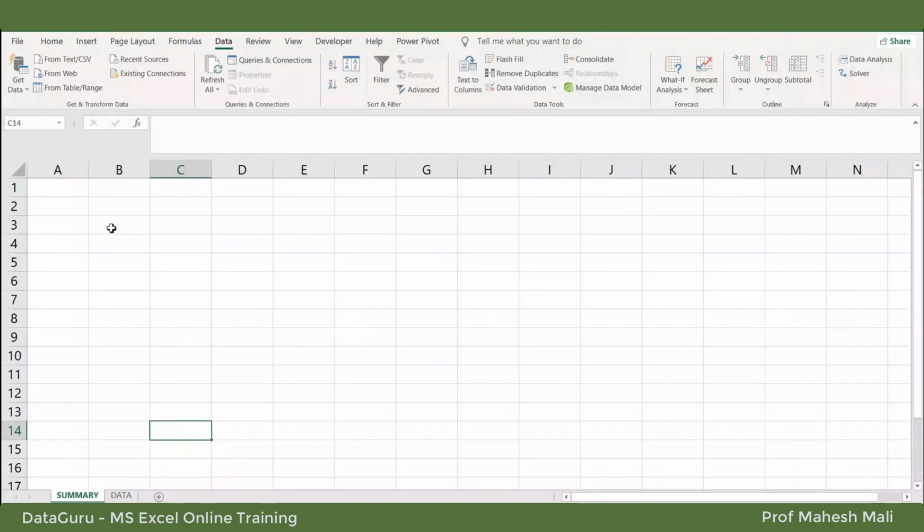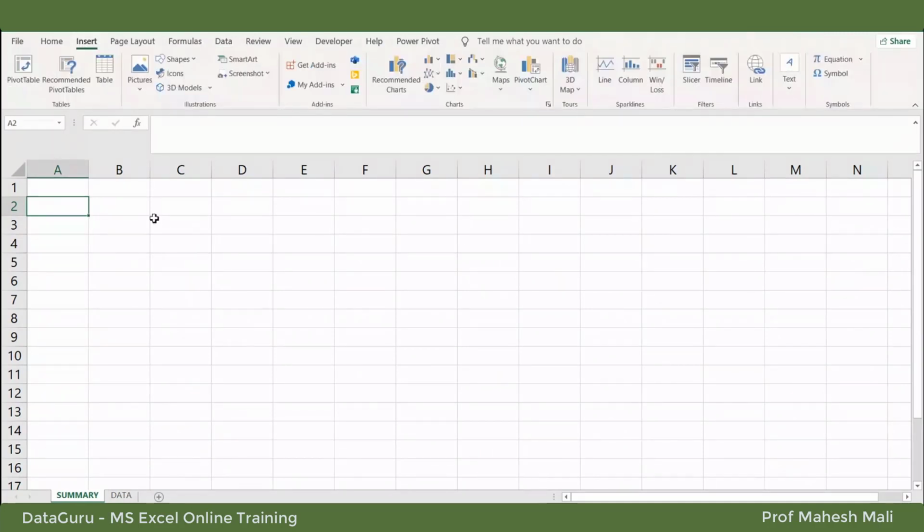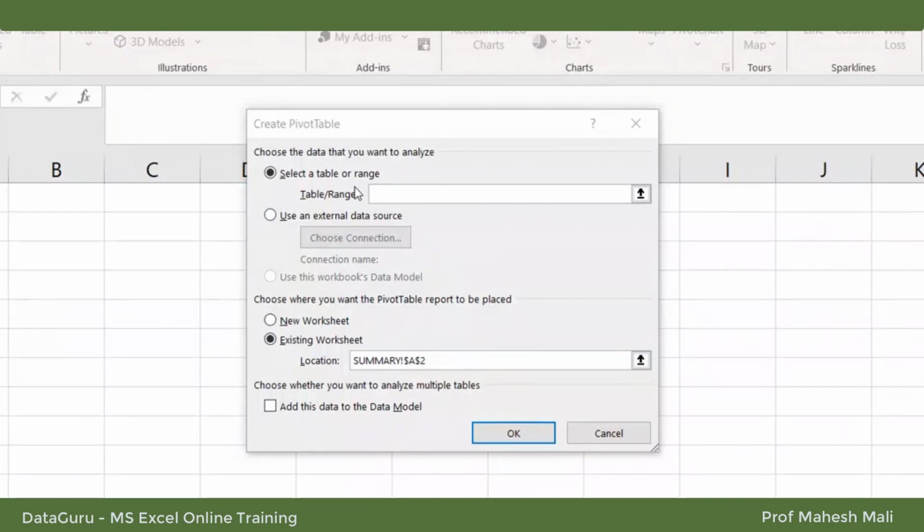So first of all, we will click on a cell and go to Insert. In Insert, there is an option of pivot table. Let us click on that option. Here you can select the table range, in an existing worksheet or any other worksheet.